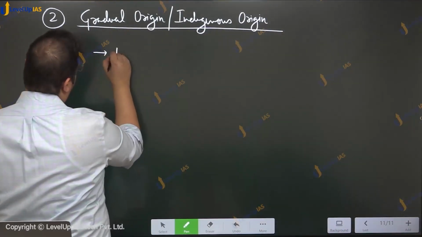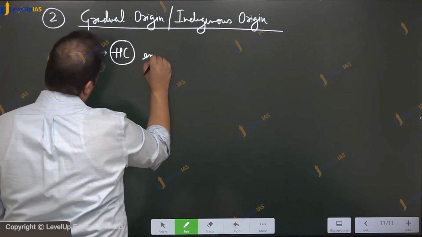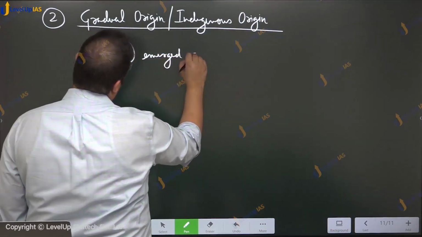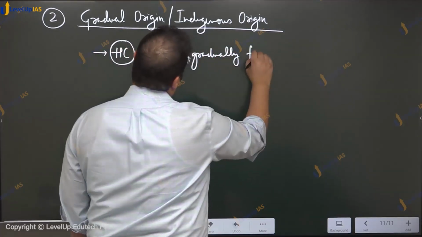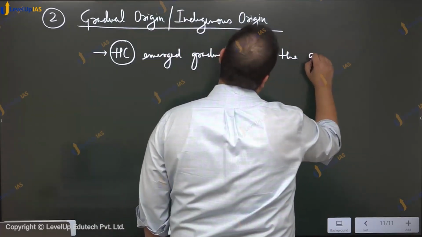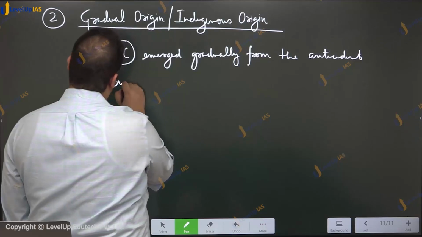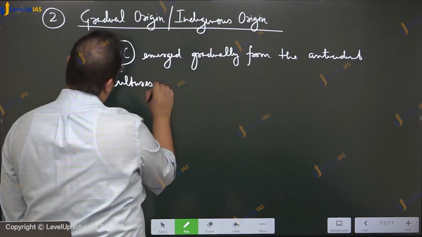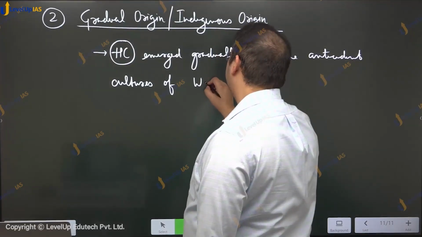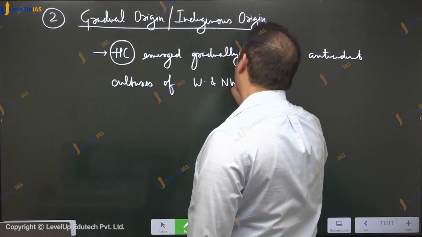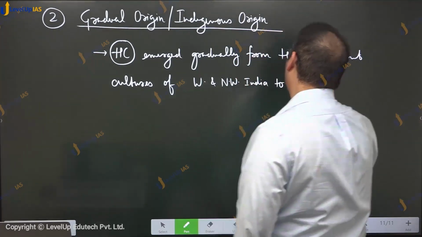That the Harappan civilization emerged gradually from the antecedent cultures of Western and Northwestern India